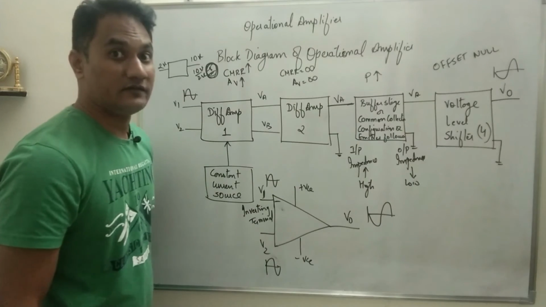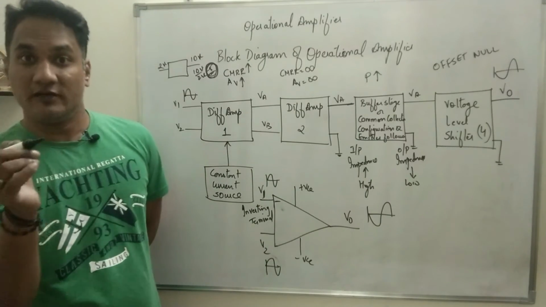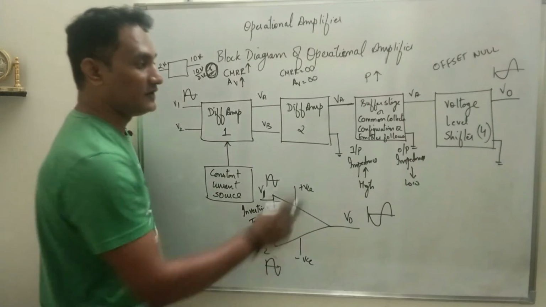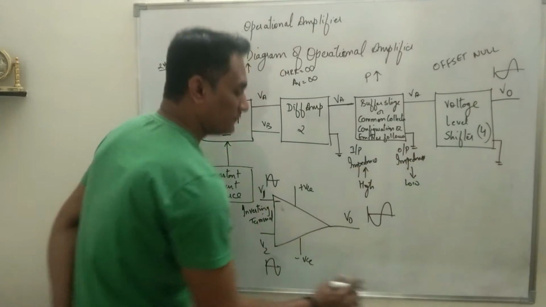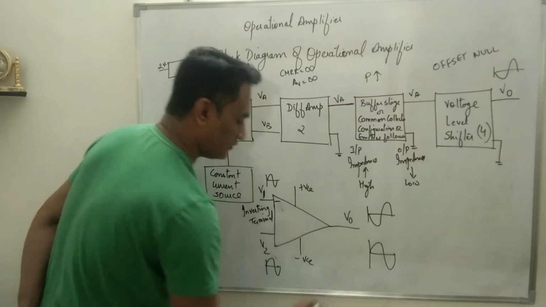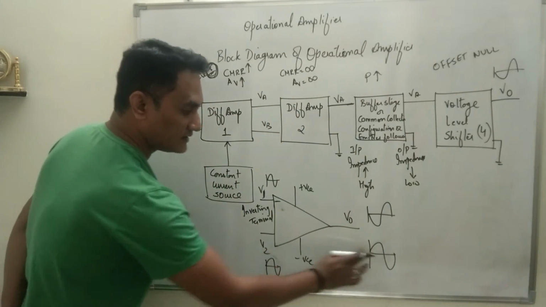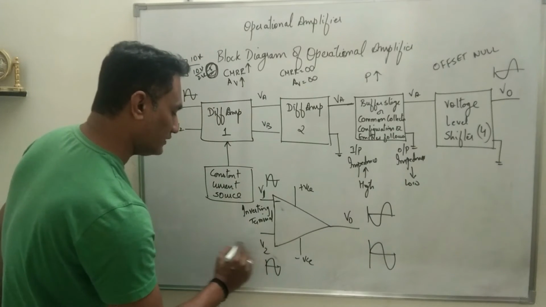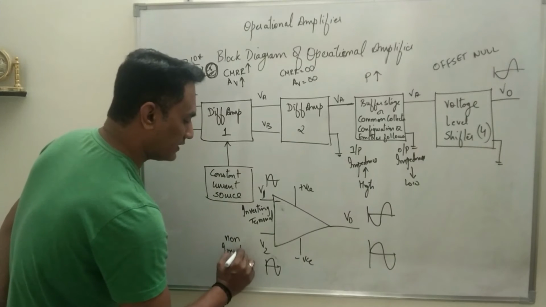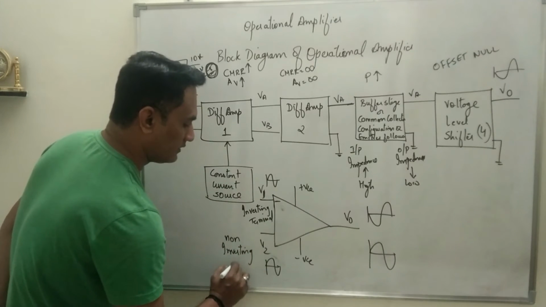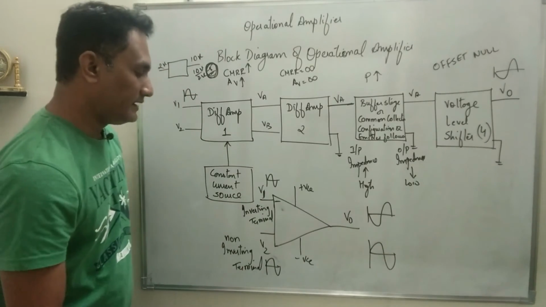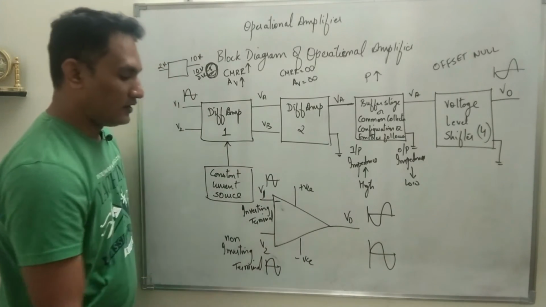V2, what happens is, when input is applied to V2, VB will be 180 degrees out of phase, VA will be in the same phase. As we have grounded VB, we have continued with VA. What you are going to get at the output will be like this. That means you get zero phase difference between input and output. So this V2 is called the non-inverting terminal. Okay, non-inverting terminal, inverting terminal, non-inverting terminal.